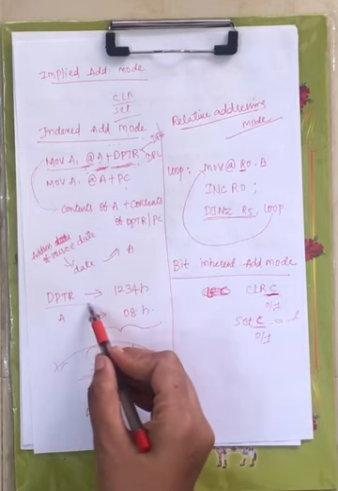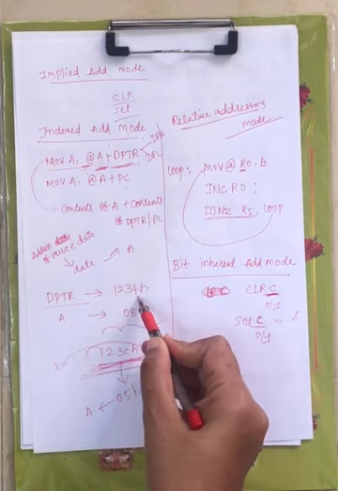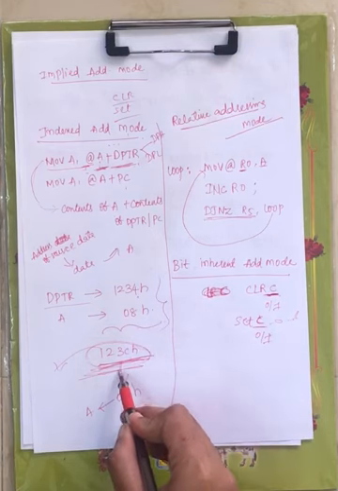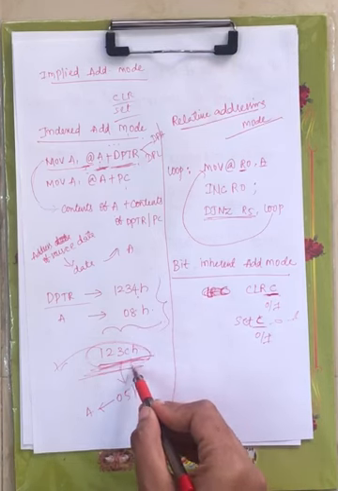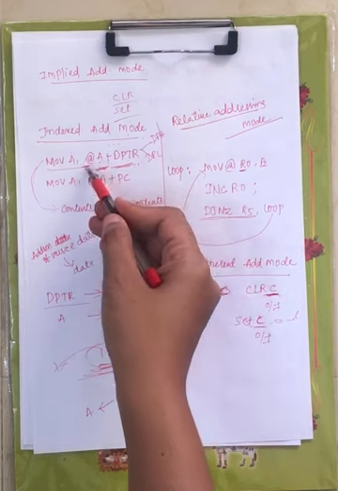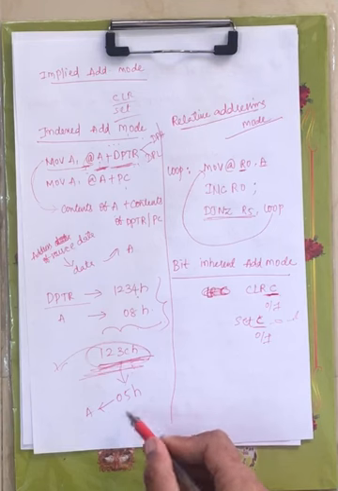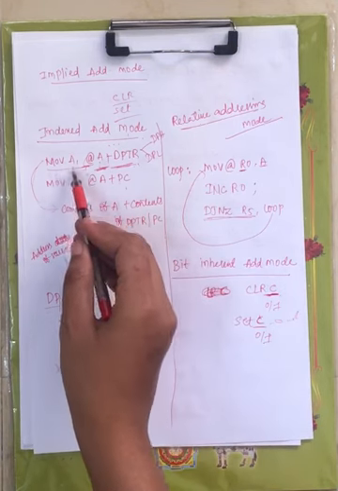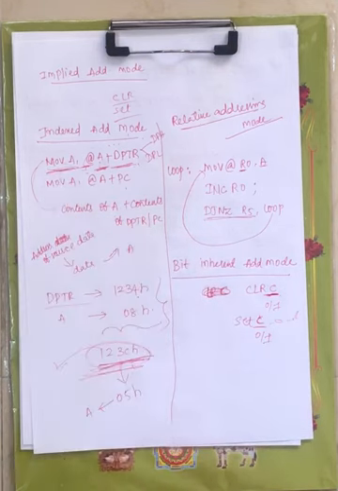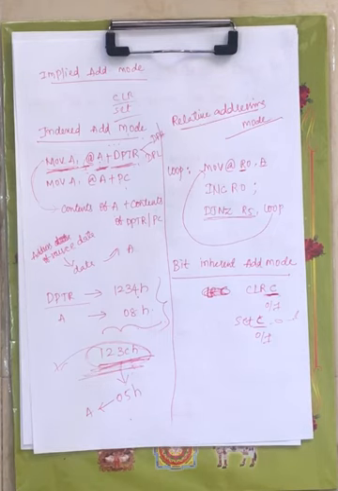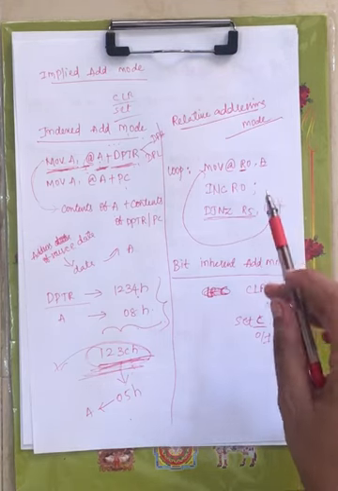Now let us assume the data pointer contents are 1234H and A has 08H. If I add these two, you will get this. Now you are pointing to this memory location because you have the at-the-rate symbol here. This memory location has data 05H, right? That data is moved to the accumulator because you are using the instruction MOVC. The same can be operated with your program counter, right? Now that is about indexed addressing mode.